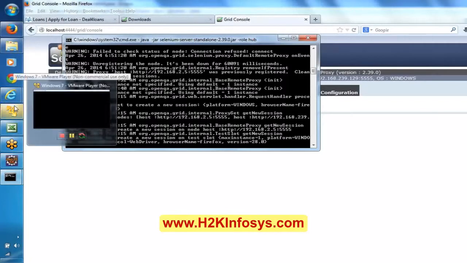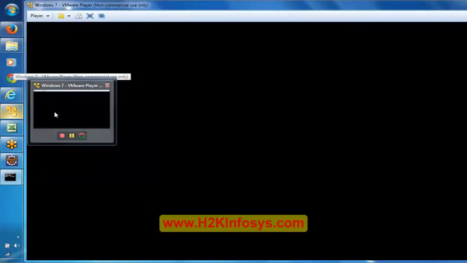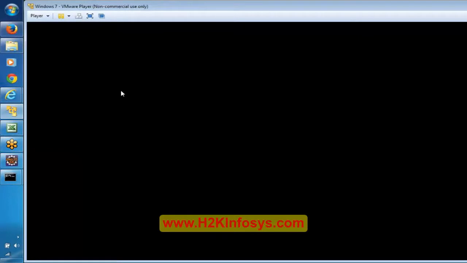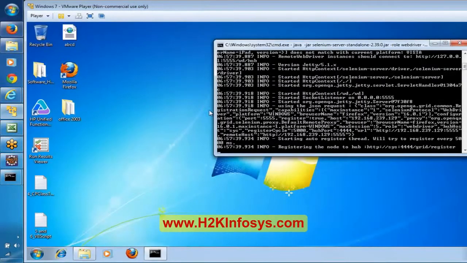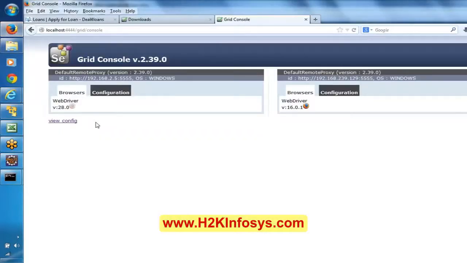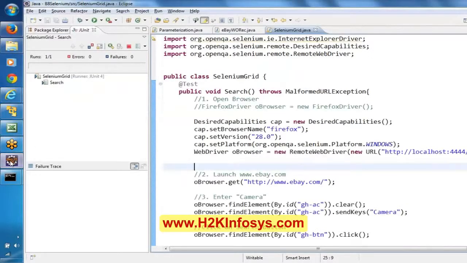Is it executing anything over here? No, it is not going to execute here because no, here also it is not executing. What it is doing?